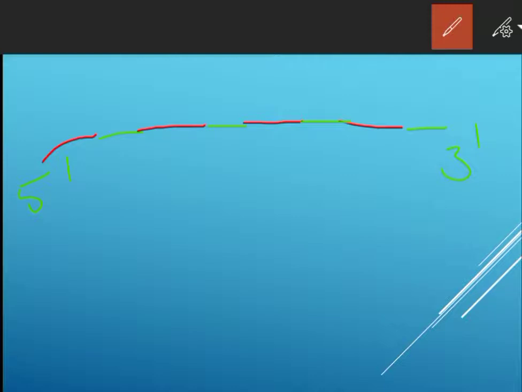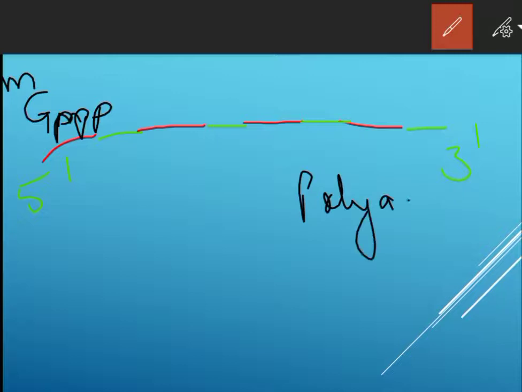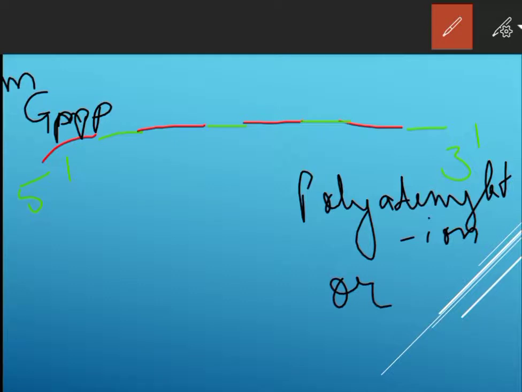So there will be addition of methyl guanosine triphosphate at the 5' end, and at the 3' end polyadenylation, or you can say tailing, takes place.